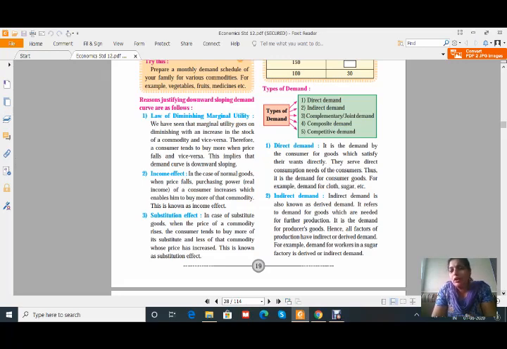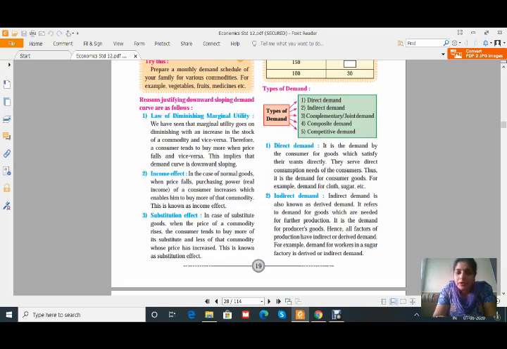Indirect demand is also known as derived demand. See, this question is also asked in fill in the blanks or in the options also. Indirect demand is also known as, you have been given 4 options. It is derived demand. It refers to the demand for goods which are needed for further production. That means it is demand for producers' goods. The goods which are required for producing other goods are known as indirect demand. Hence, all the factors of production have indirect or derived demand, because without factors of production, one cannot manufacture the actual commodities or goods.